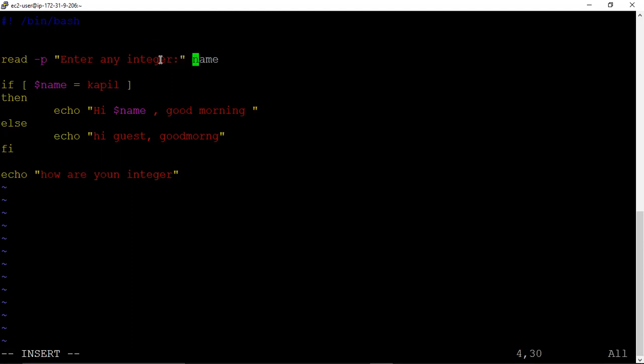And for that, we use the variable A. So A is a variable. Whatever you have written within double quotes after read is assigned to a variable. A is your variable. So we write any integer, say A. So A is our integer.